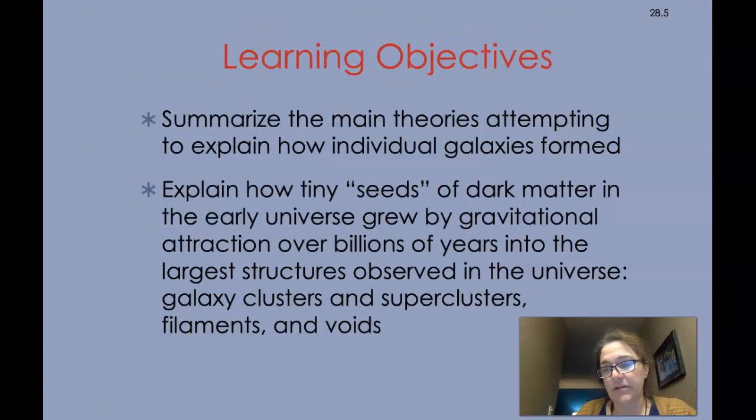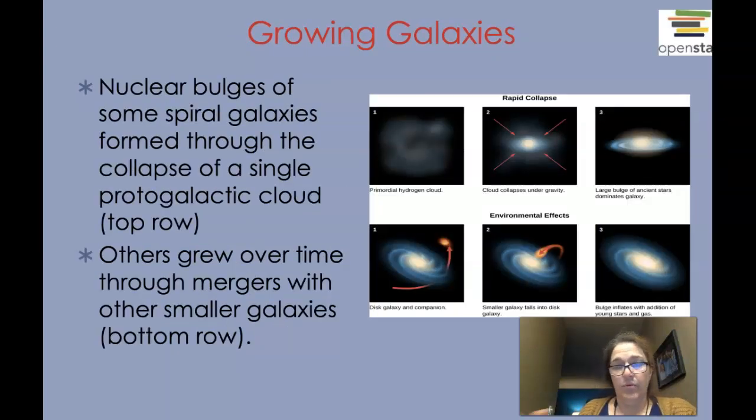And then we're going to finish this up by just talking about the fact that dark matter actually gives us the seeds for galaxy formation in the beginning. When we started talking about galaxies, we talked about the structure they have now, but how do they get that structure? And so we sort of have two possible scenarios at the moment. A hydrogen cloud that collapses under gravity. Well, where does that gravity come from? It comes from all of the matter in that cloud, and if there's dark matter in the cloud along with the hydrogen and gases that we can see,